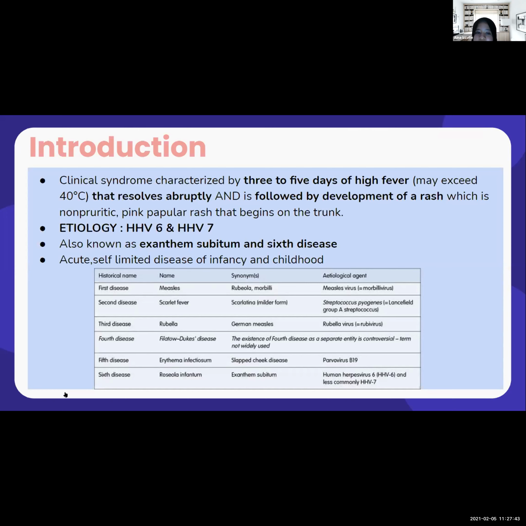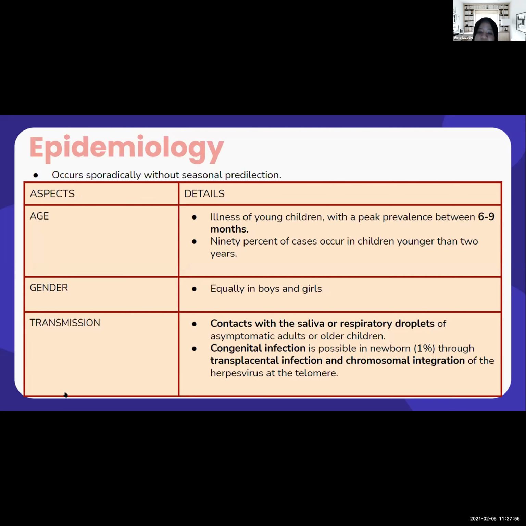So in this table, these are the common infectious exanthems in childhood from the first to sixth disease, which you can take a look at later. Okay, for the epidemiology, it occurs in young children with a peak prevalence between 6 to 9 months, and 90% of the cases occur in children below the age of 2 years. It occurs equally in boys and girls. The transmission is through contact with the saliva or respiratory droplets of asymptomatic adults or older children. But congenital infection is also possible through transplacental infection, and the virus can also integrate in the chromosomal region of